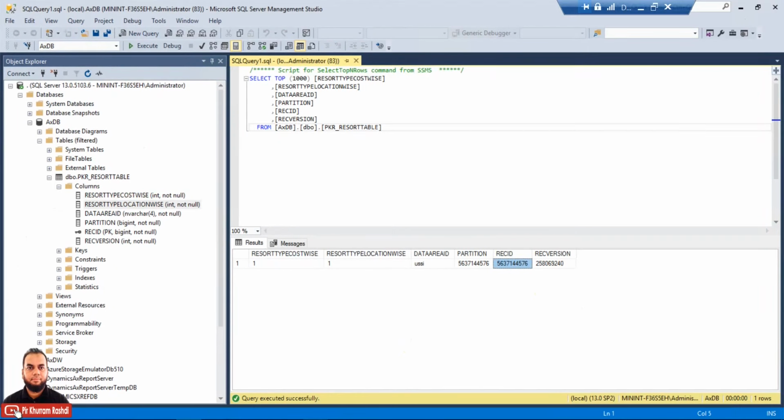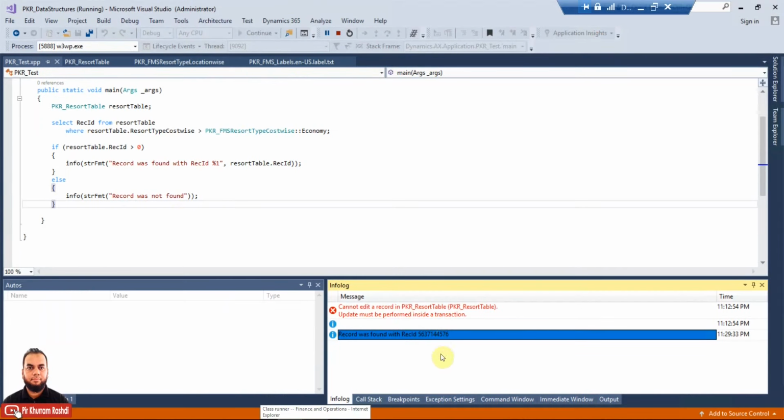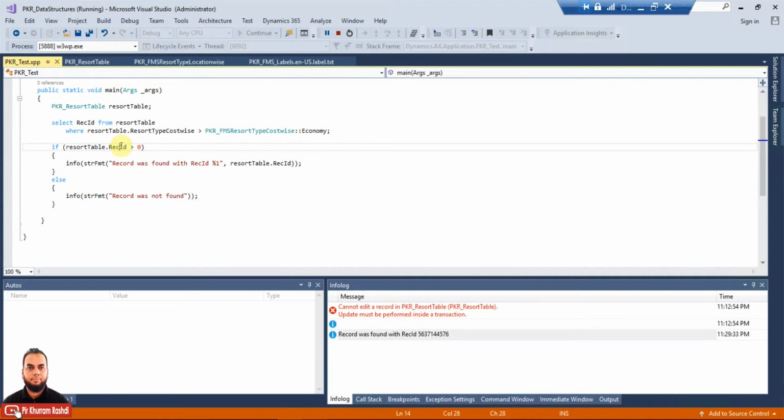That is a unique id or a primary key value. It has shown us in the info log that the record has been found. So our comparison has worked in this way, and we could even have put 0 here, and it would again do the same thing.